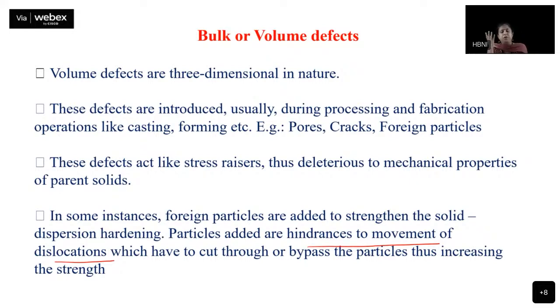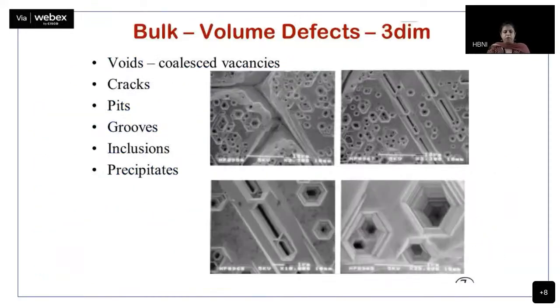As you can visualize, if you have a dislocation, your material can easily slide over it, which is what you want to avoid. So this particle goes and sits there. It hinders the movement and thus increases the strength of the material. Okay, these are some examples of bulk or volume defects. Voids, sometimes you have bubbles, like vacancies, cracks, pits, grooves, inclusions, precipitates, all these are examples of three-dimensional defects. Okay, so